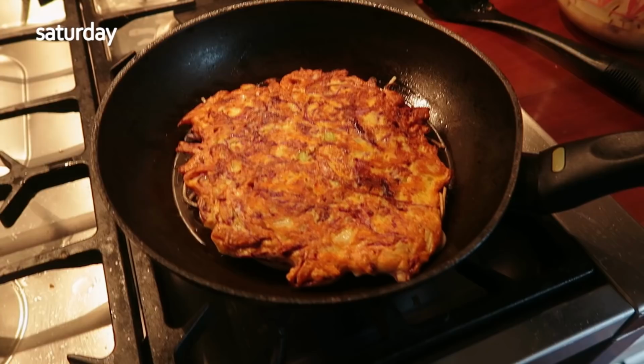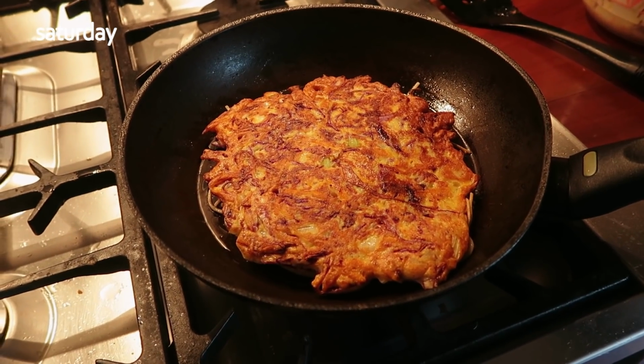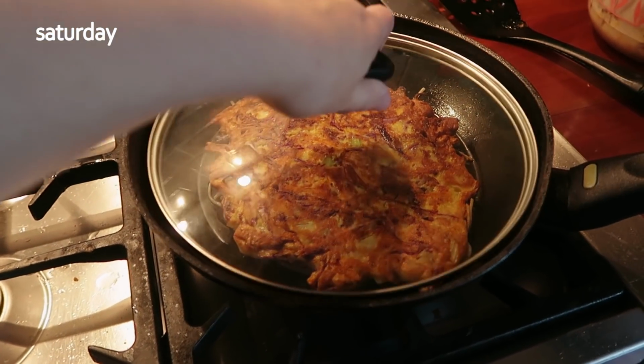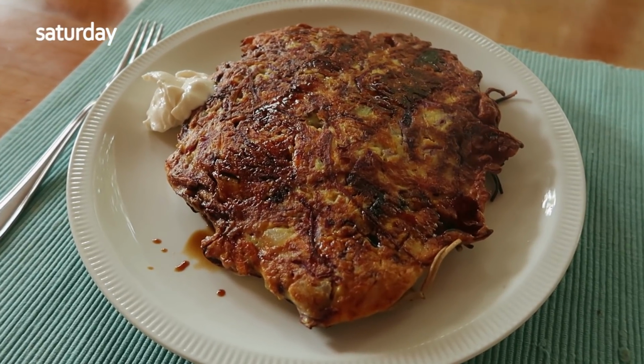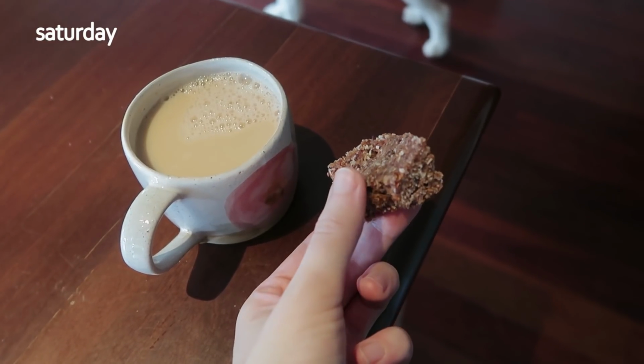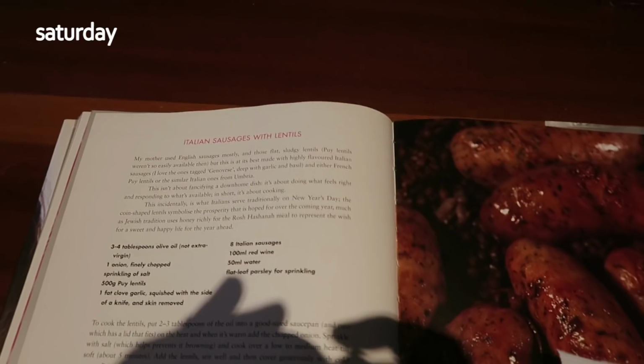Yum. And then I made okonomiyaki with the remaining shredded cabbage we had in the fridge. Beast of a thing. It was great. Had a square of the raspberry ripe bars, and then